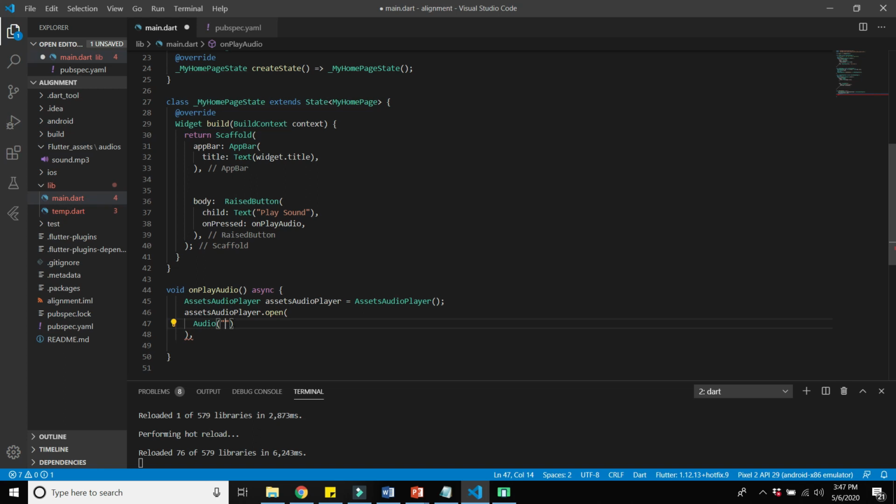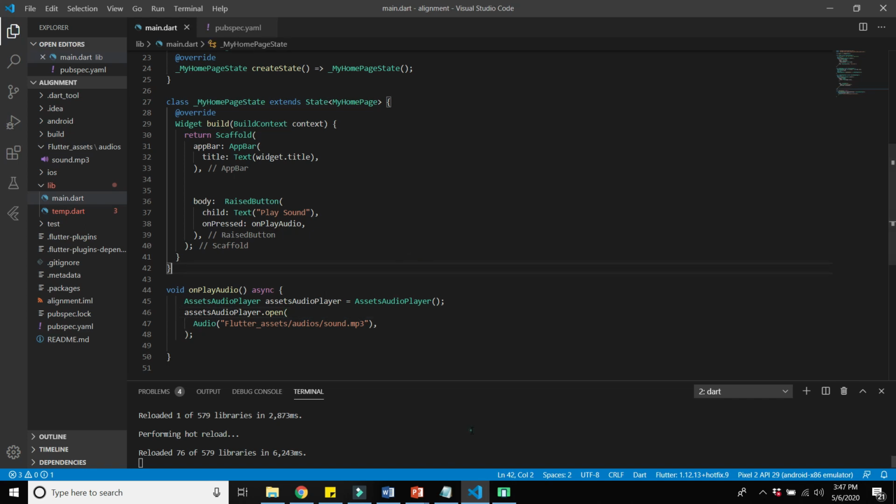Here you have to write the path of your audio file, that is flutter_assets/audios/sound.mp3. Now this is the function that will run when we press onPlayAudio.